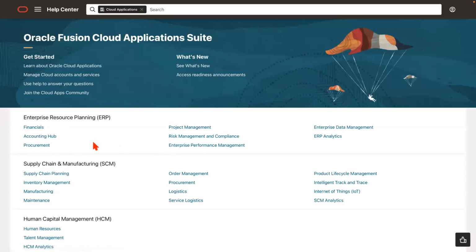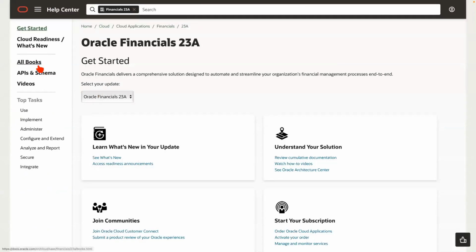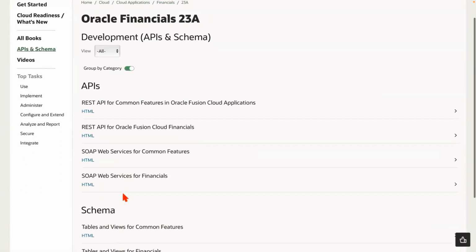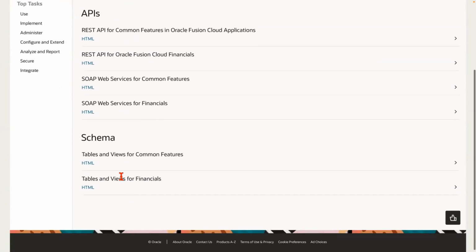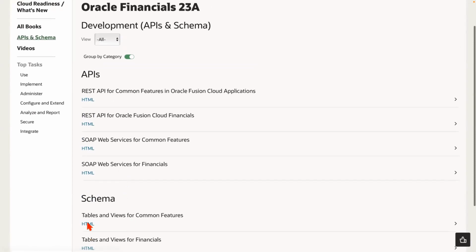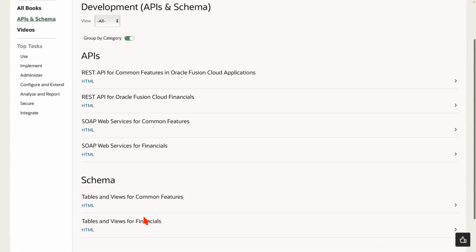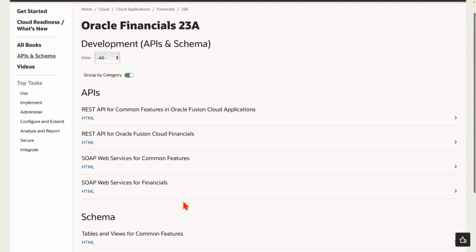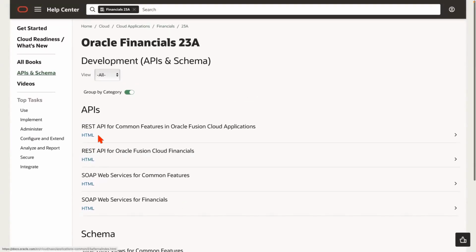So let's go to financials, and I'm going to go into APIs and schema. So these are the APIs. Schemas here is the table structure. So we're going to be looking at that when we look at reports later on in the week. So REST APIs for cloud,